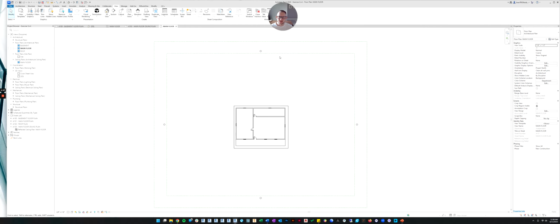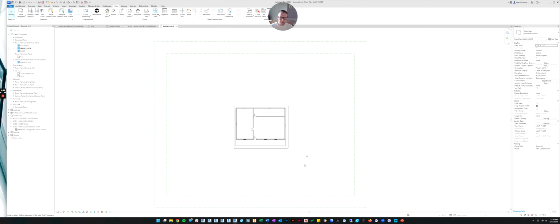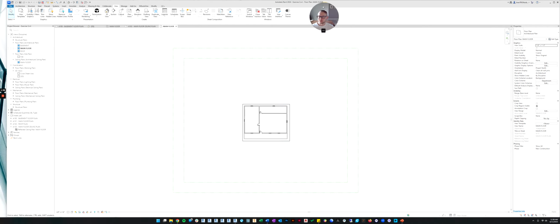And now the things that used to be cropped are showing again. And you can see little remnants of our old elevations. So I'm going to select all of these and I'm going to delete those. Okay, so now that we can see a view that shows a little bit more around our floor plan, we're going to place our exterior elevations.